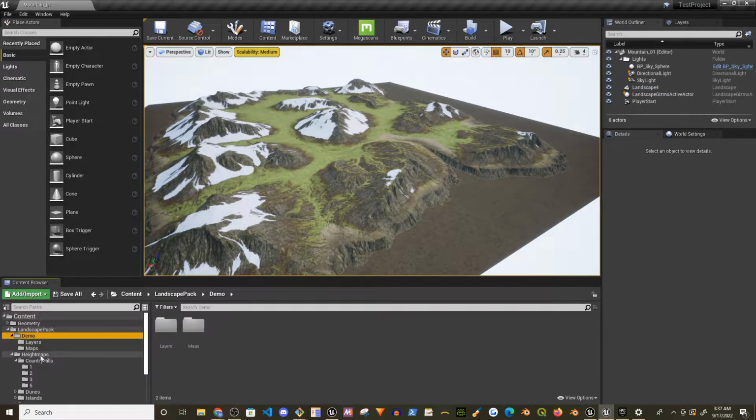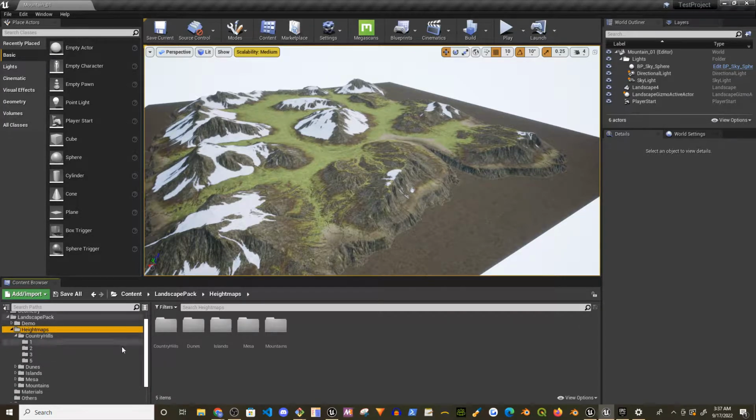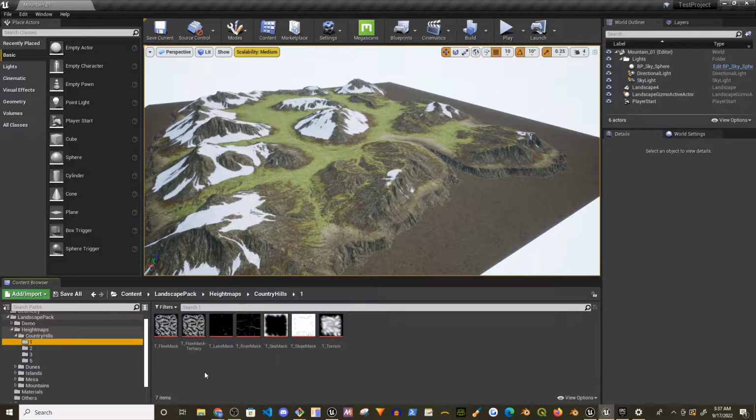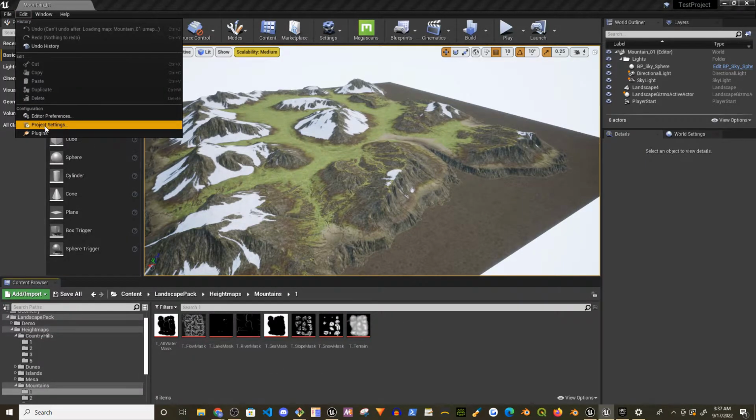So in the demo folder you have all the maps, not all the maps, but like 5 example maps, right? All the height maps are in the height maps folder. So these are all height maps and mask data. So what I have to do, I'm going to add